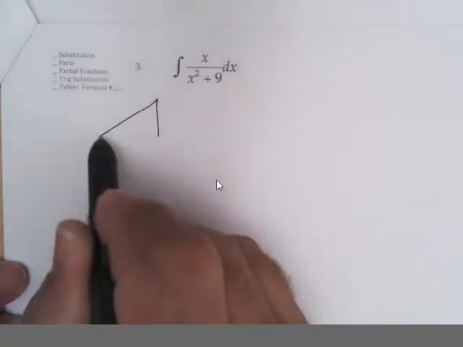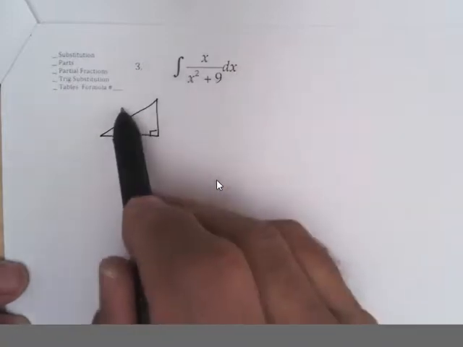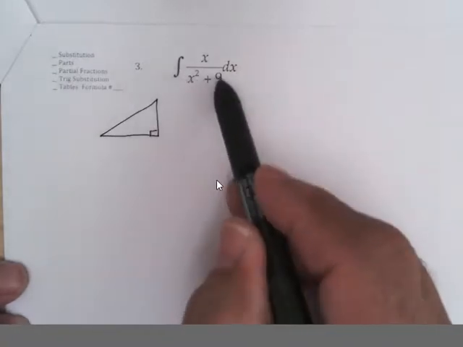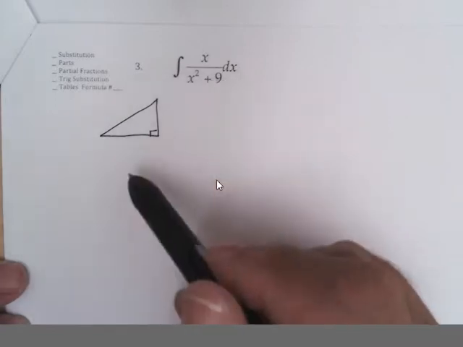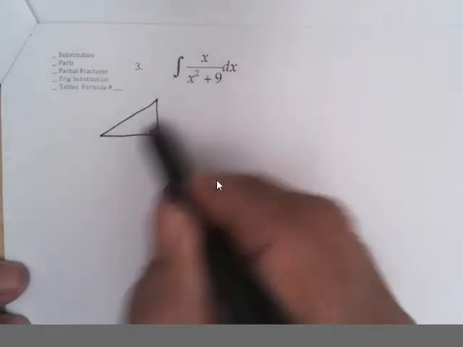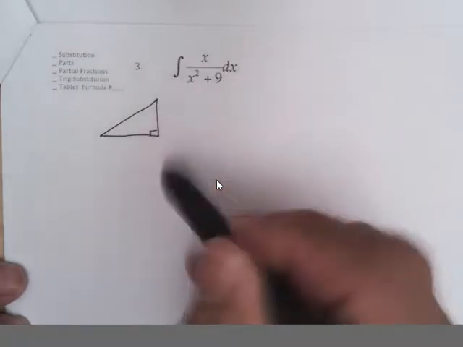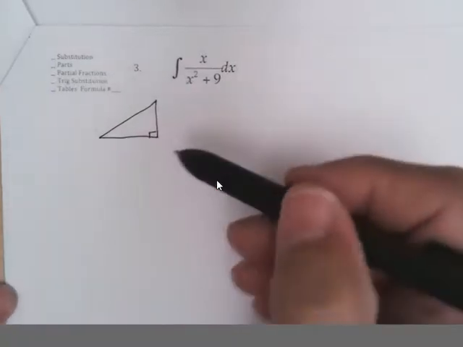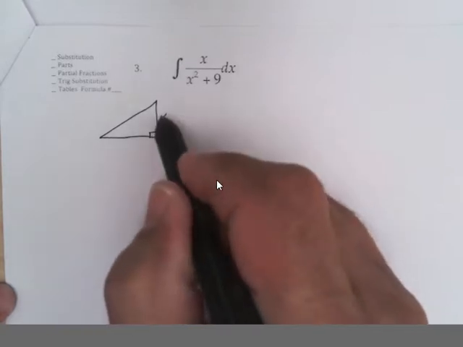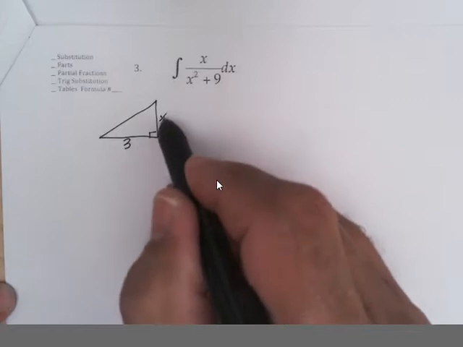So first thing is you draw your triangle. Both of these are positive, so we're not subtracting. So neither one of them is a hypotenuse. Together they make the hypotenuse. So we have to put x on one side and 3 on the other side. Square root of this, square root of this. So I can put x here or here. Doesn't matter, but it turns out it's a little easier if you do it this way,